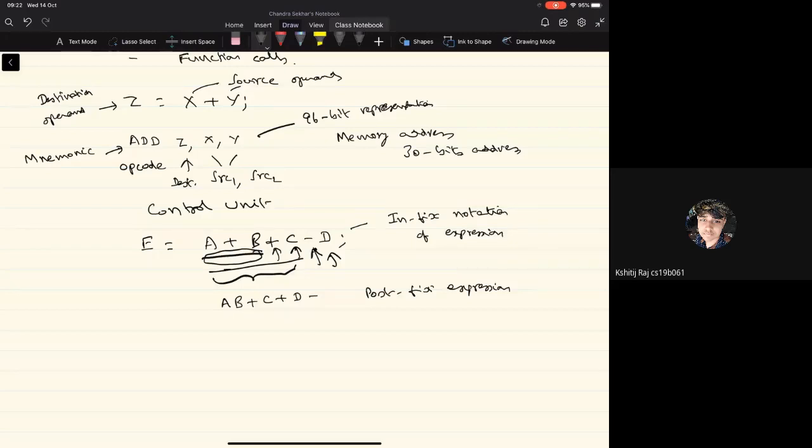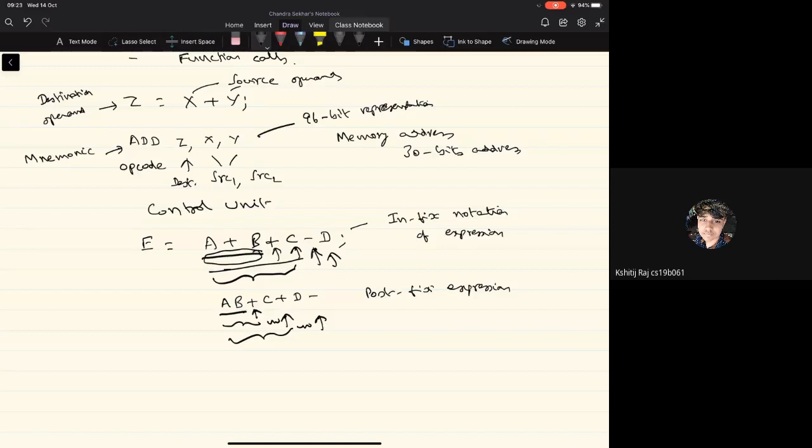The first two operands here will be added, and that's what is indicated by the operator here. The result of this will form an operand for the next operation. So this is the source operand 1 for the next operation here, and we have the second operand here. Once I get the result of these, this forms one operand for the next operation, and the second operand is this.